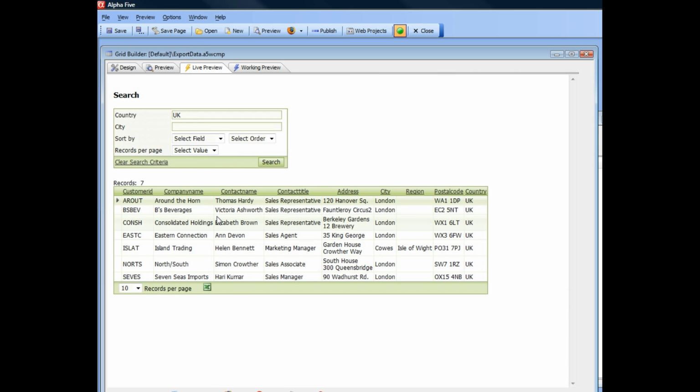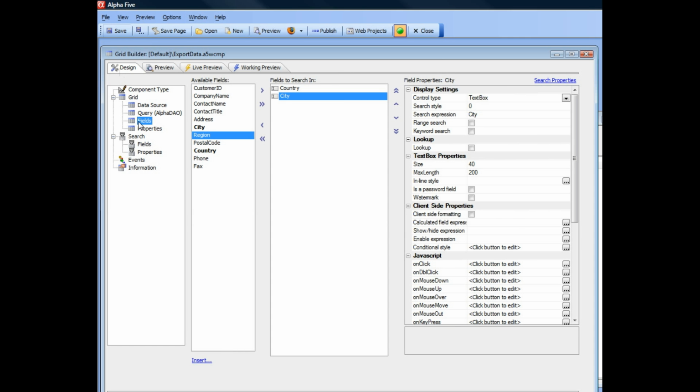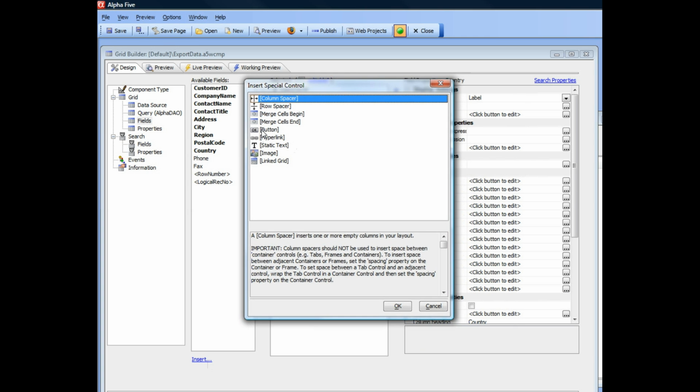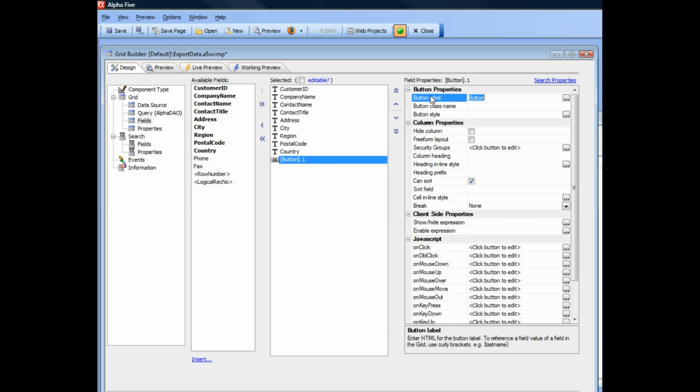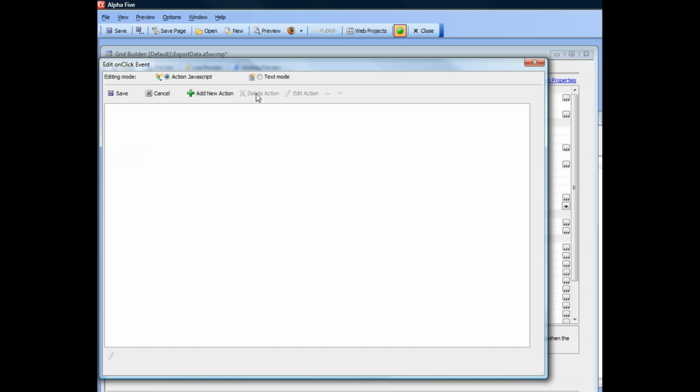So this is one of the ways in which the functionality of the new feature pack is exposed, by just putting this button directly in the toolbar. But in addition, you can create more customized export operations by using Action JavaScript. So let's go now back to fields over here, and let's go ahead now and insert a new button which I'll label export,